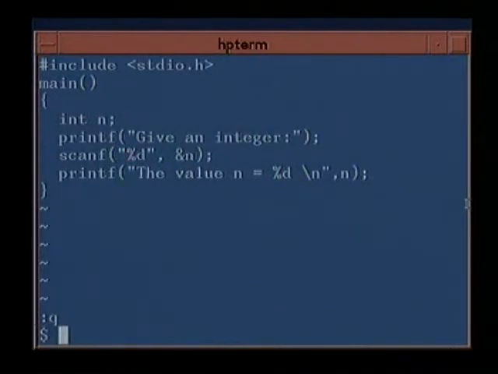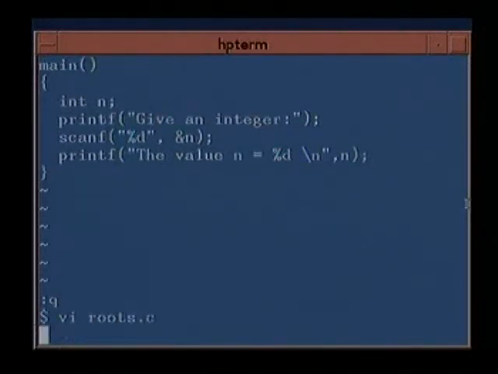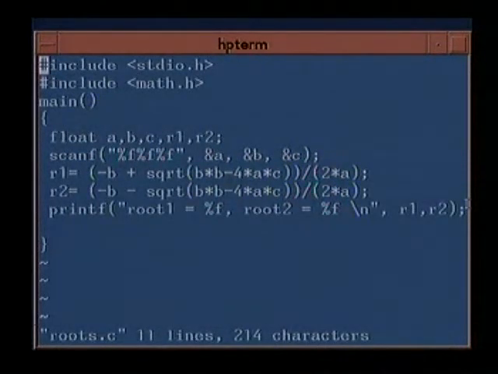So now we move on to a more involved exercise where we are using some assignment statements. This is a program which finds out the roots of an equation. Now we will be using some functions. That is why I have included another library other than the IO library. I have included the math library. The math library includes some functions in C. So I have got only one main program. We have not come to subroutines yet.